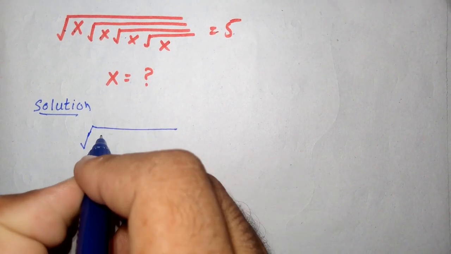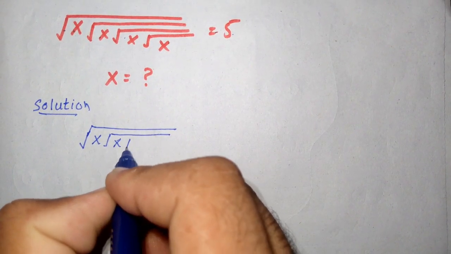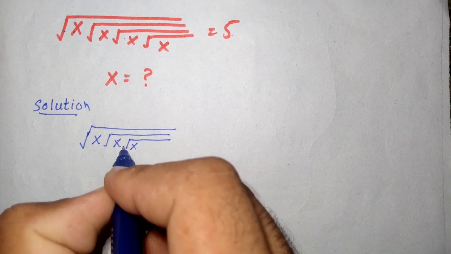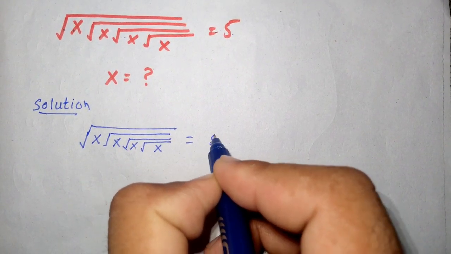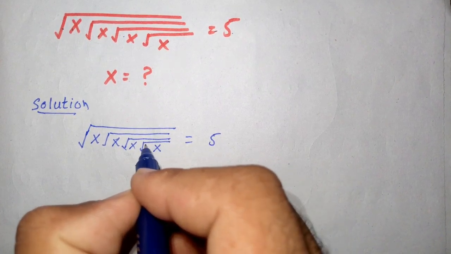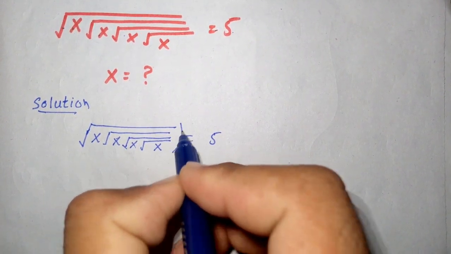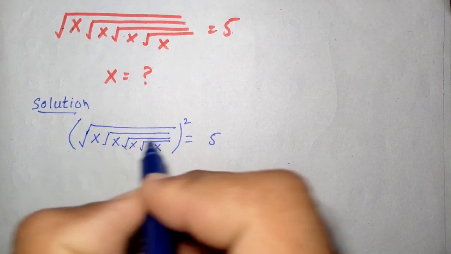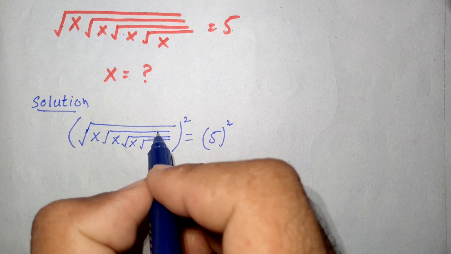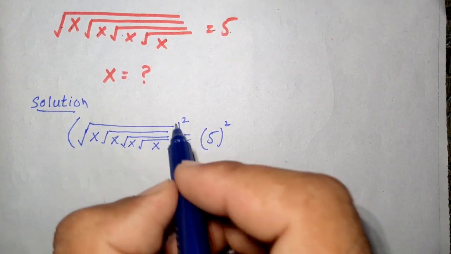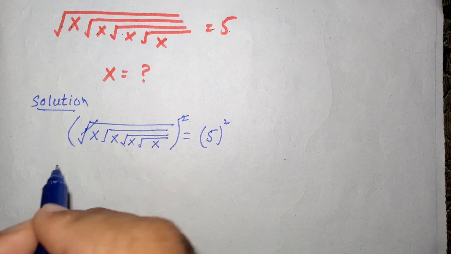Square root of x under square root of x under square root of x under square root of x is equal to 5. To solve this interesting maths problem, we have to square both of the sides. So this side becomes square and to square this side. So left and right side both taking square. So here this 2 cancels with the square root. So this will become